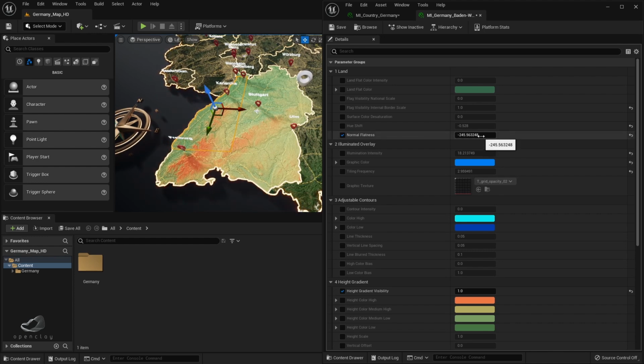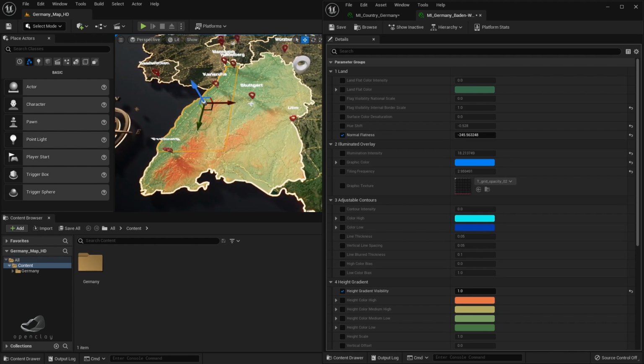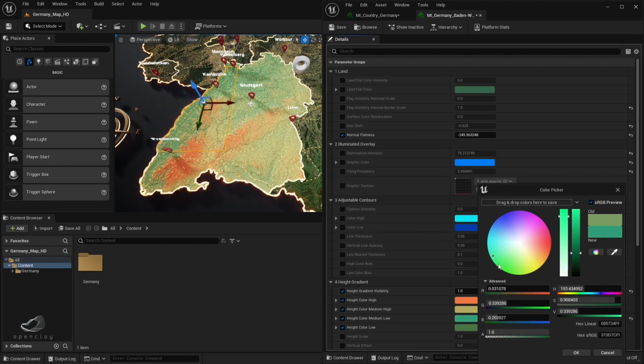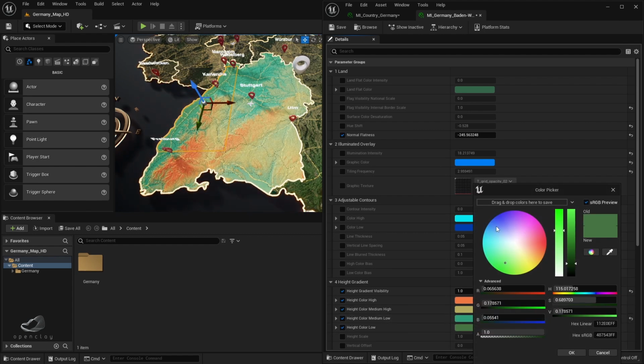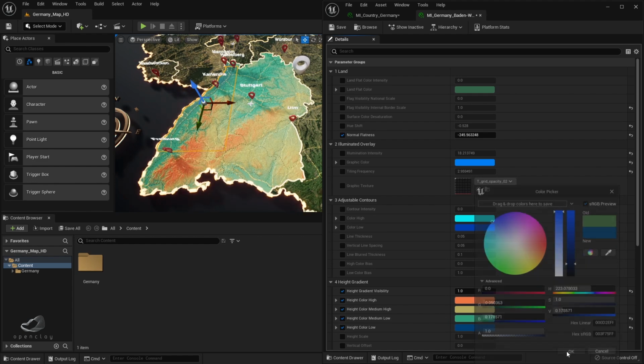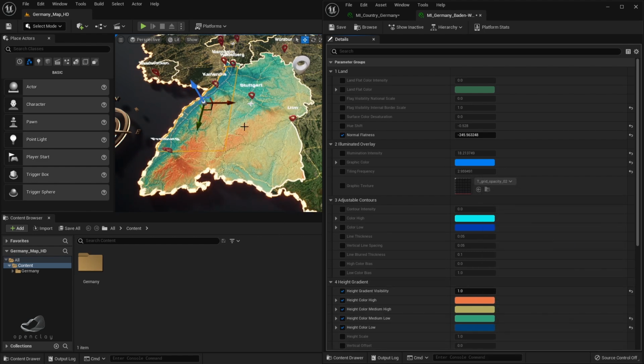So I'm just going to leave that one as it is, the normal flatness cranked there, at a high negative value, and continue back to the height gradient. So here I can change the color. Perhaps I want to have a different lower set of colors here, and I would like maybe a very dark blue down this end. Okay, so I could have something like that for my height gradient, and at this scale I'm happy with the